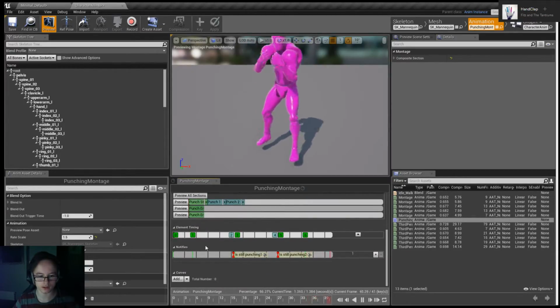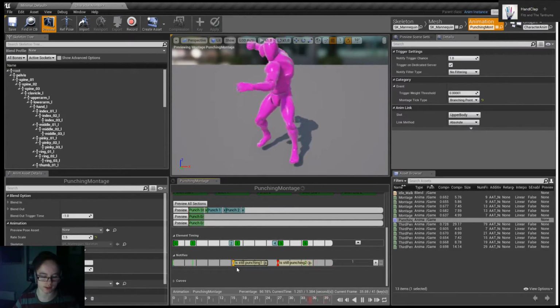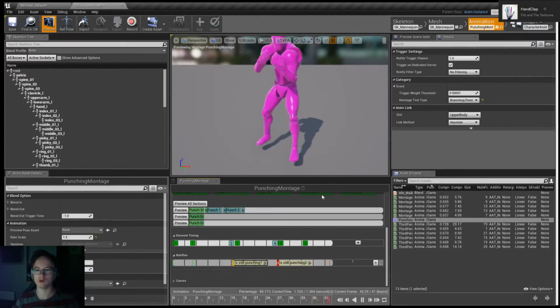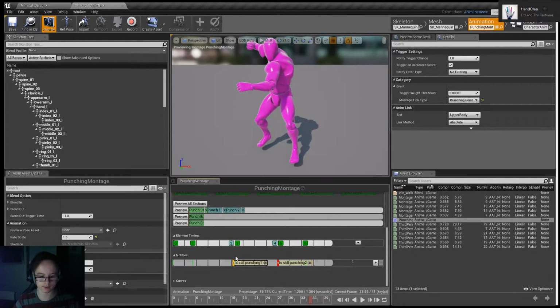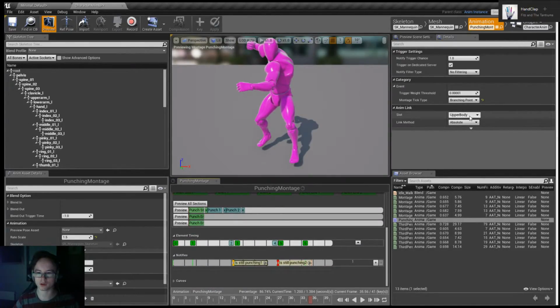here we go, these notifiers. So we added a notifier, which is basically an input. As it gets to that frame, it asks for the input, and the input says to give out a branching point, and then it asks for upper body. I had to make that myself. You make it up here, you click the search, and then add slot upper body. You can make multiples. So we gave it the upper body slot, and then branching point, and then